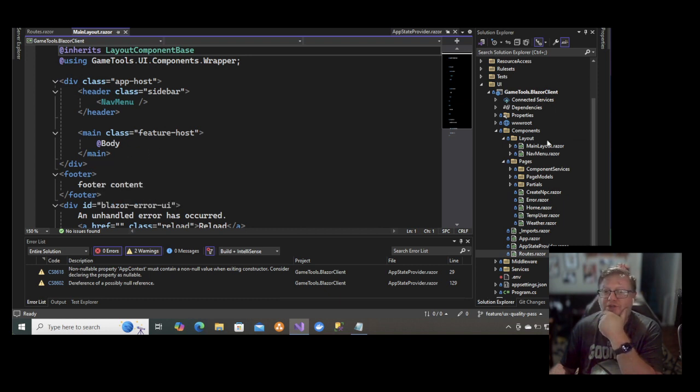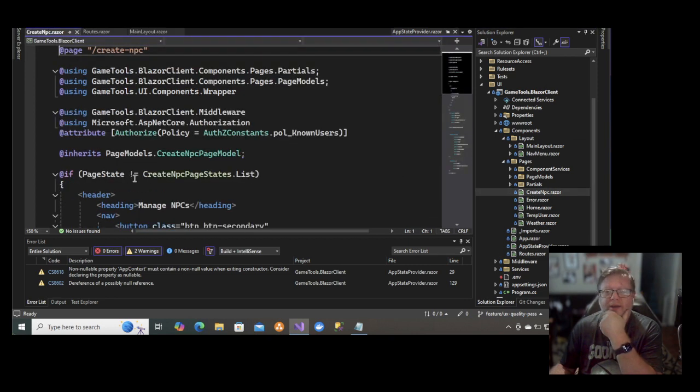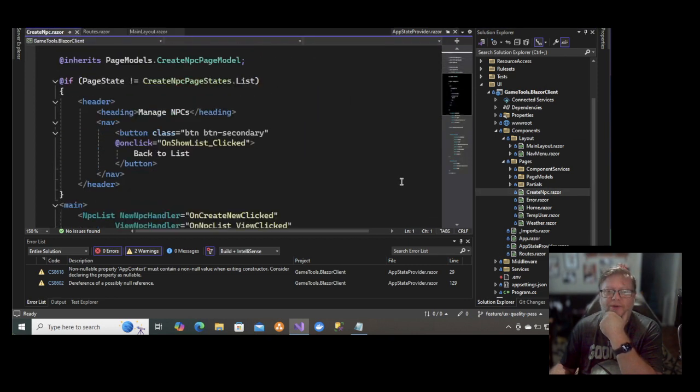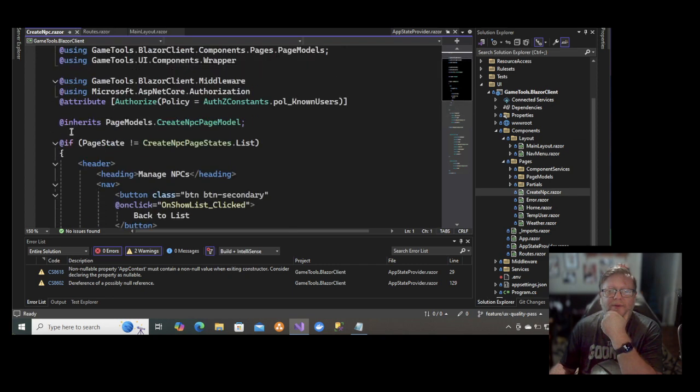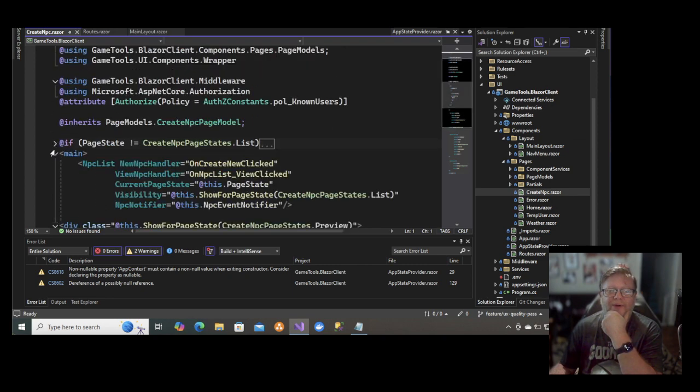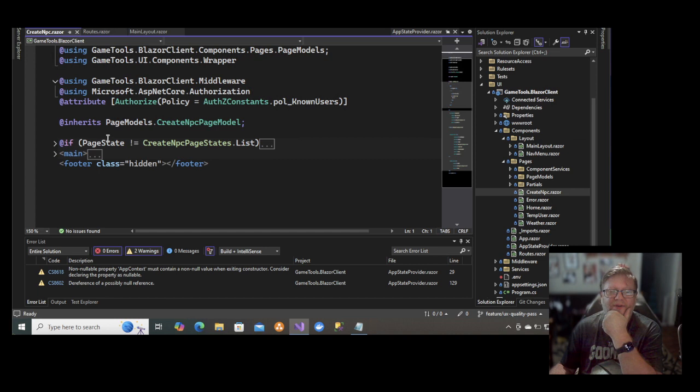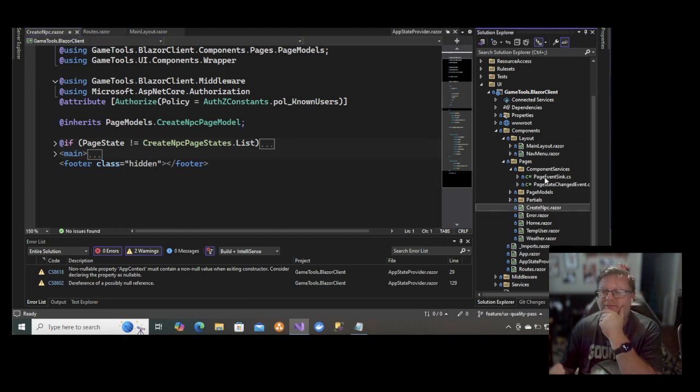I'm wondering if I should make the loading component wrap all of this stuff. And I feel like the answer to that is yes. So we've got component services, page event sync, page state changed event, and I think what I'm going to do is,